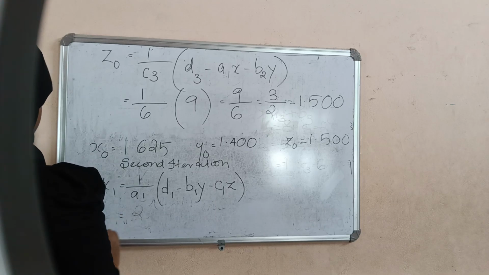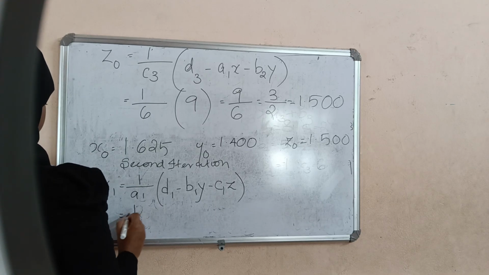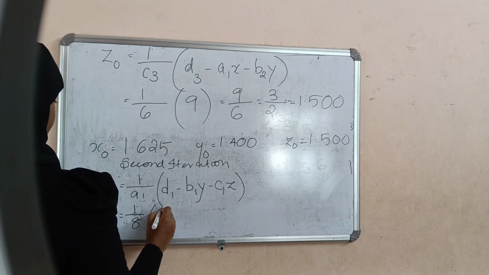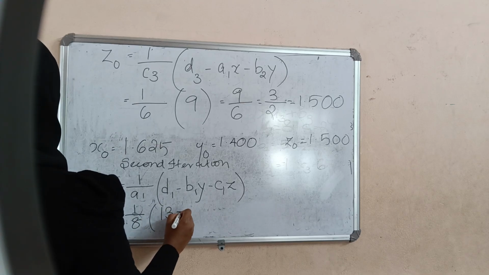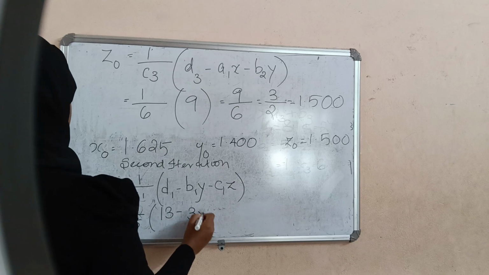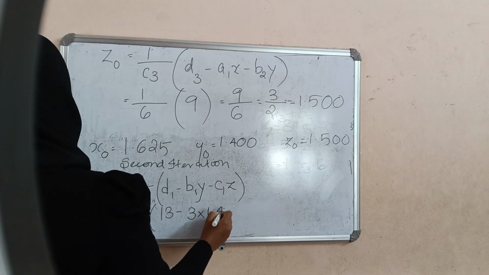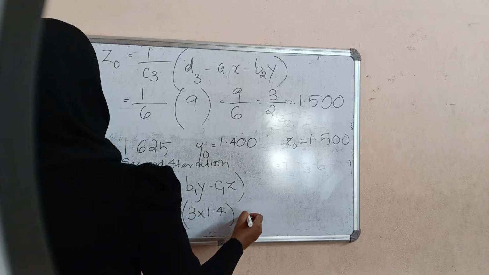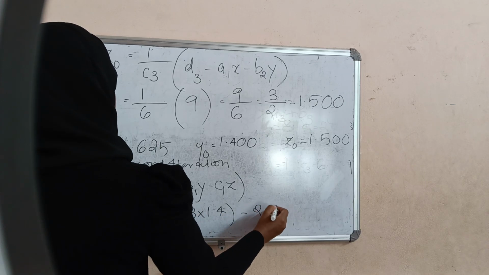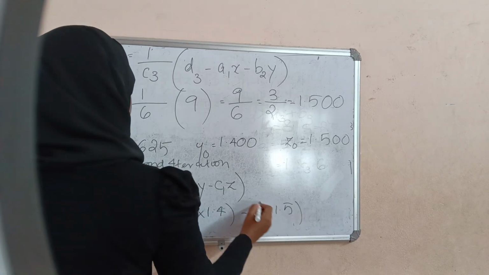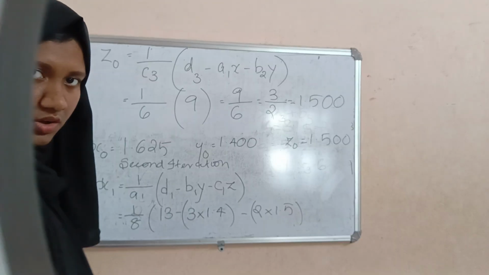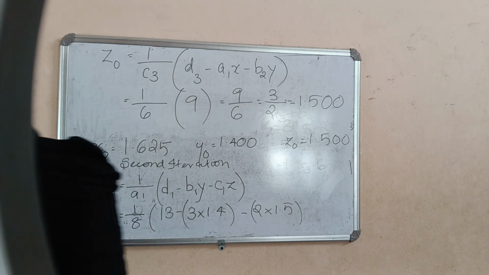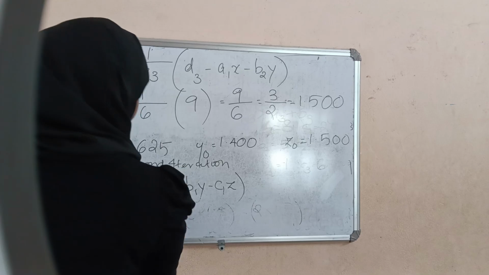So this is equal to 1 by 8 into 13 minus 3 into 1.4 minus 2 into 1.5. Try doing this, and the answer that you get is